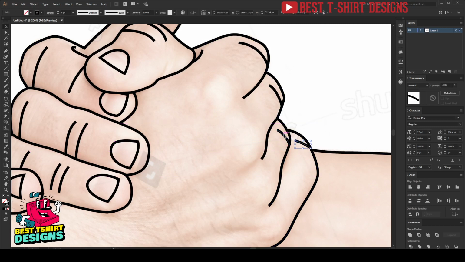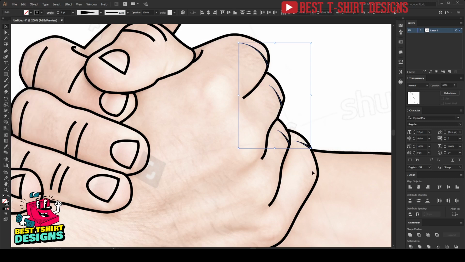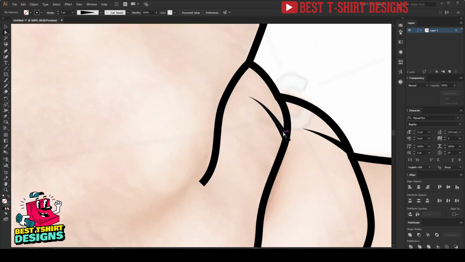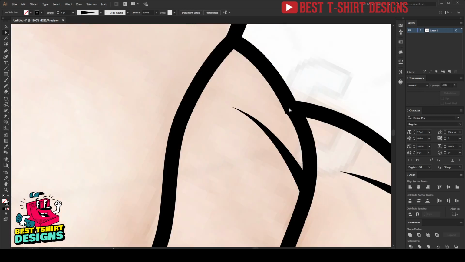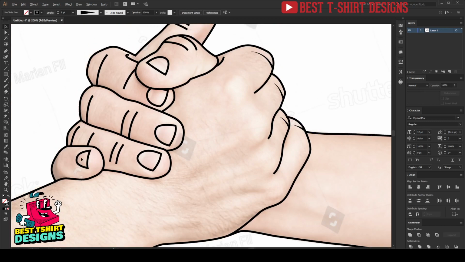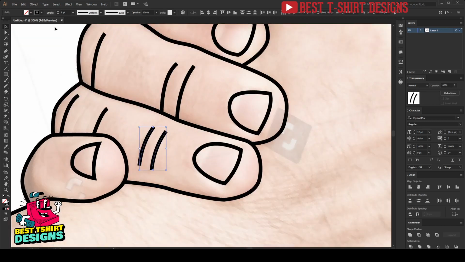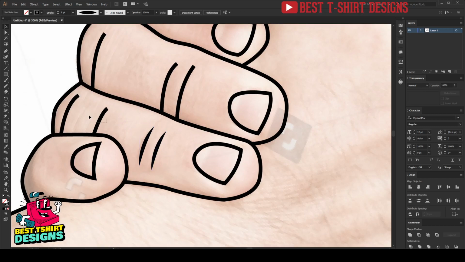Okay, so now I need to select these strokes and I'm going to change it to this option from here. So as you can see, this is how it is looking. Now maybe I need to adjust it from here, and that is good. I can always adjust or modify this anchor point, but those are really too small, so don't worry. So these two I am going to just make it this option because they are in the middle, but from